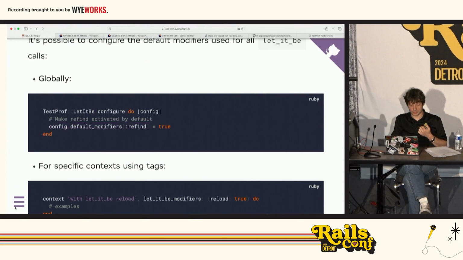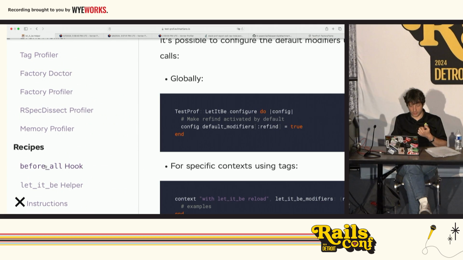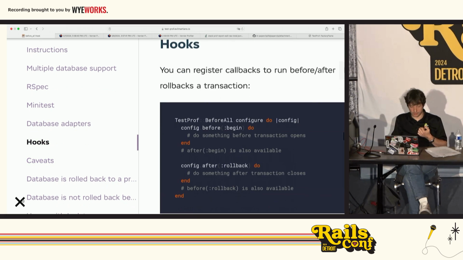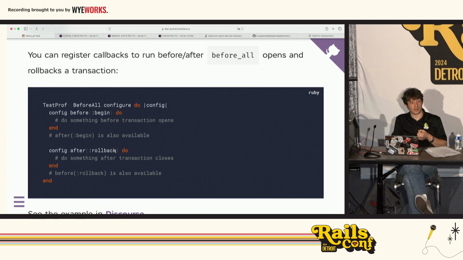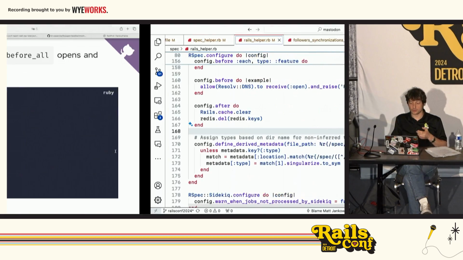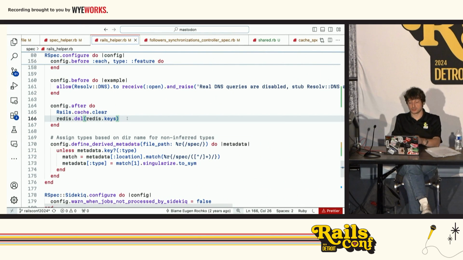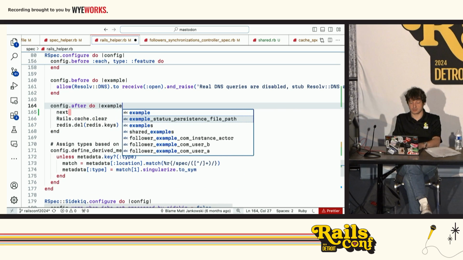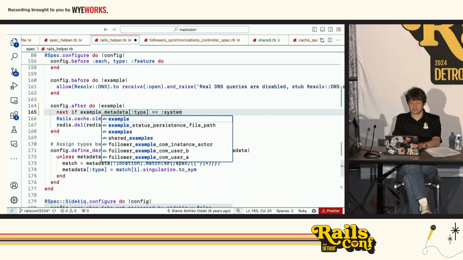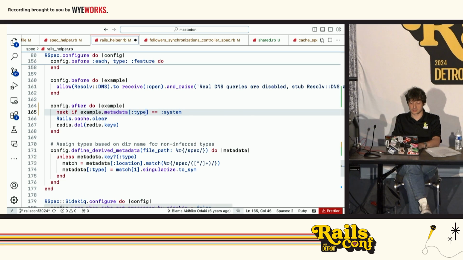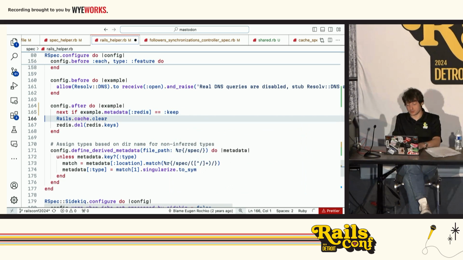And before all supports, okay, let's check it. We have hooks as well. They collect before begin and before all back. So we can move the Redis cleanup to the group level for before all affected kind of groups. But we will need also, oh, it's okay, it's passing for some reason. It failed for me previously. Anyway, we will need to add some check here, like next if example metadata, like Redis, I don't know, keep, for example. So we do not reset it for examples, but instead we reset it for the whole group when the before